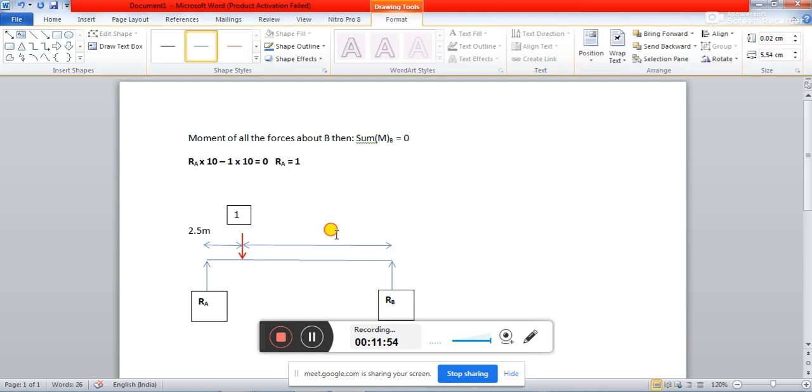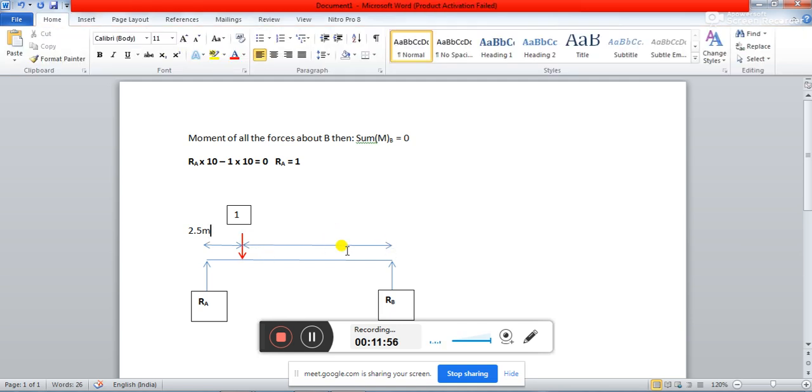Tell me. 7.5. Yes. So from here to here, if I take, then the length will be 7.5 meter, right? So you see, let's say this load is moving. Initially the load was here. The load will be going to this position, gradually it will be moving,